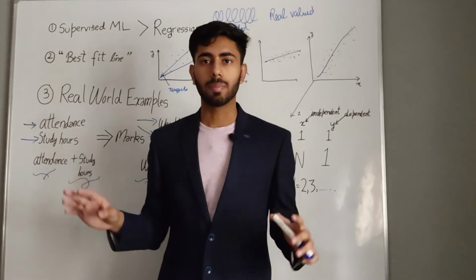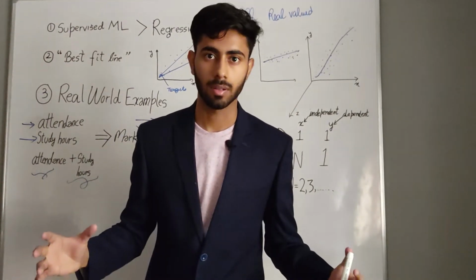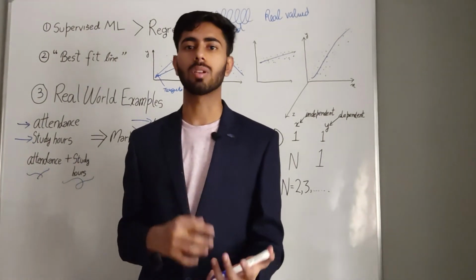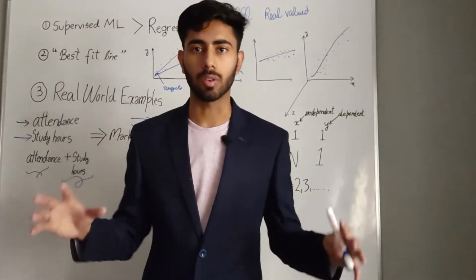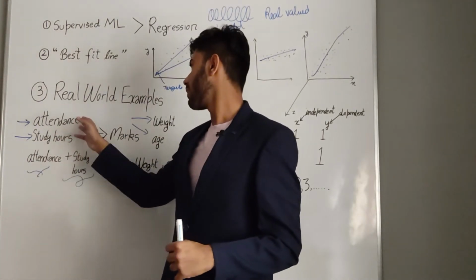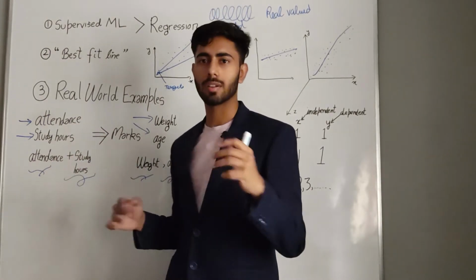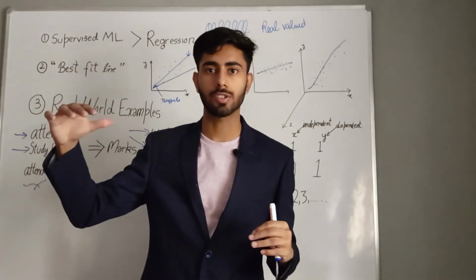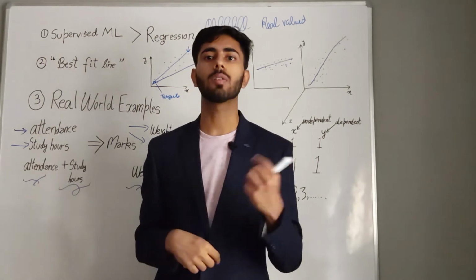In practical use cases, we always use multivariable linear regression. Nobody uses 1D linear regression, where we use only one variable to predict something, because the result is not going to be accurate. In 1D linear regression we are using just one feature, so the result is going to be less accurate as compared to multivariable regression, where we are using many different features in order to predict our output.